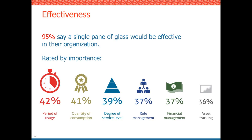As we took a look at this particular survey result, rated by importance, we found that 42% believe that period of usage would greatly improve. Again, that marketing example. Cloud servers are not going to be left up and running. Customers can order a service for a particular time needed and then have that service turned off immediately. If we take a look at some of these other numbers, 41%